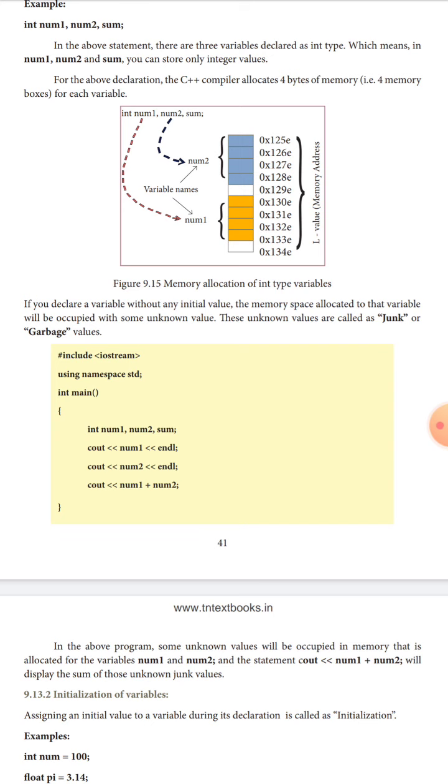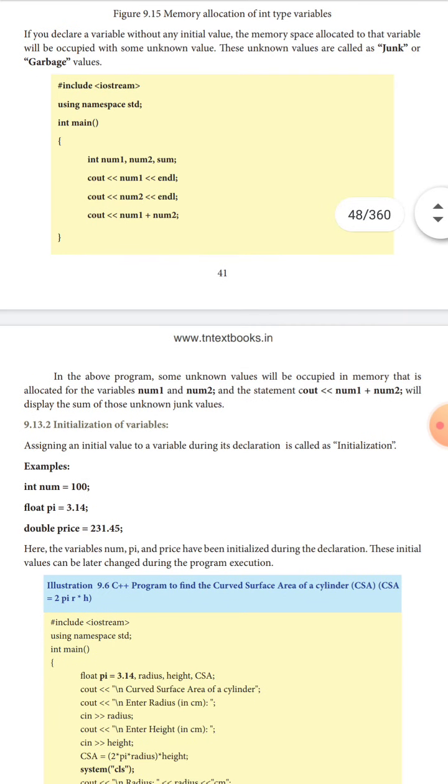Then cout number1, cout number2 and cout number1 plus number2. Integer occupies 4 bytes of memory.